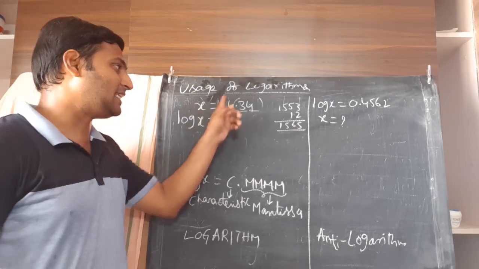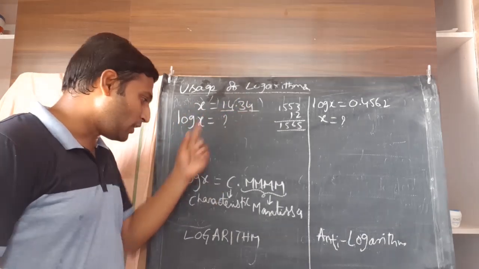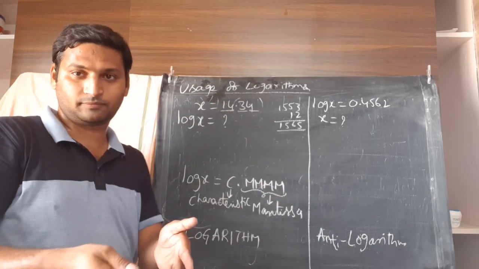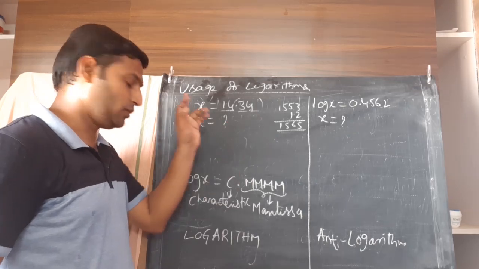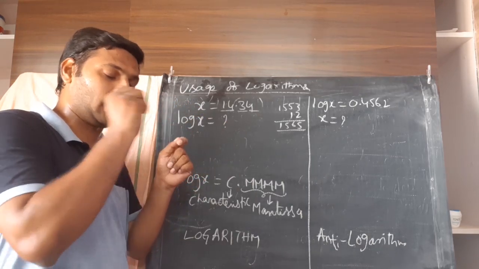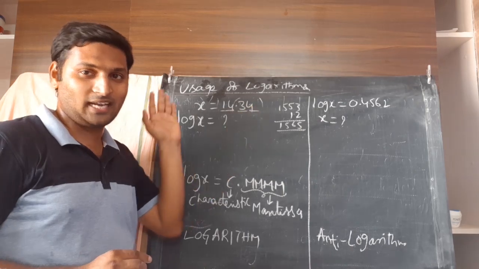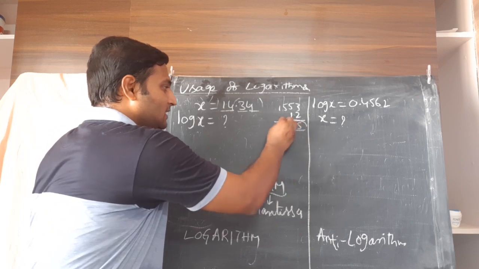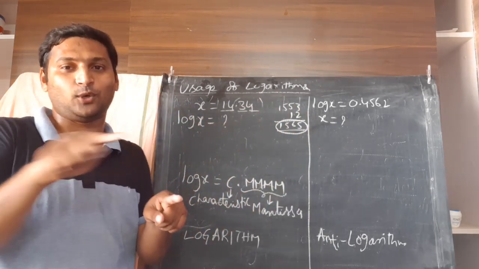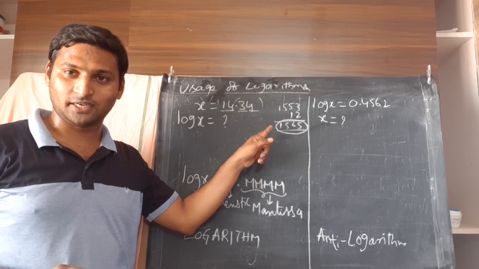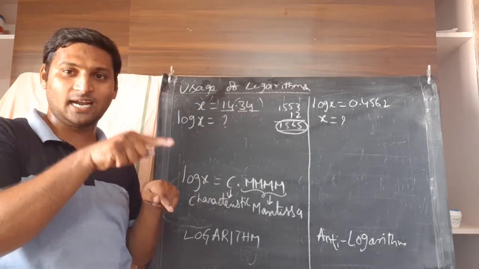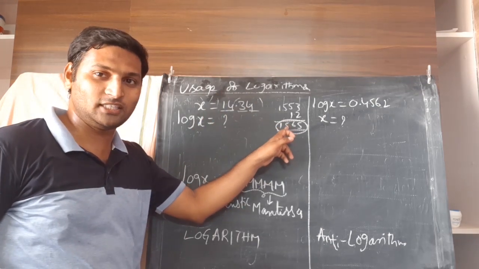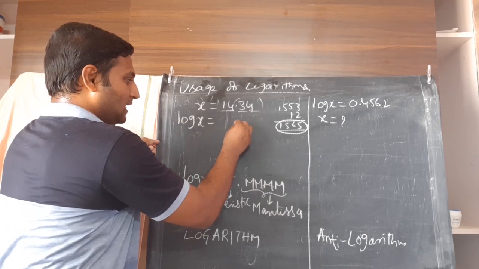Similarly, if x is 14.34, log x also must appear like this: some value plus decimal and 4 digits. Now please understand, the mantissa part of your log value is what you obtained by checking your log table. Just now I explained how to check it: this under this plus mean difference this. After doing that exercise, whatever 4 digits you got, they are your mantissa, so put them like this.